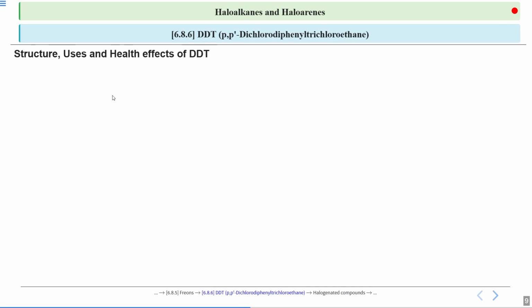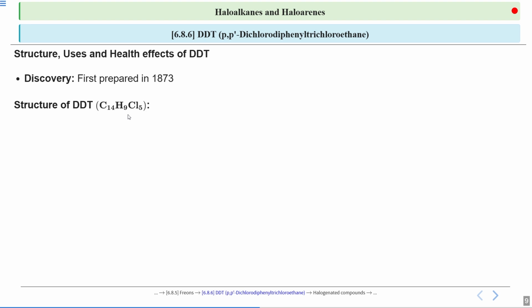Now let's see the DDT, that is p,p'-dichlorodiphenyltrichloroethane. Our next section 6.8.6. Similarly, let's talk about its structure, uses and health effects. If we talk about its discovery, DDT, that is dichlorodiphenyltrichloroethane, was first prepared in the year 1873. Structure of DDT. So the DDT molecular formula, you can write it as